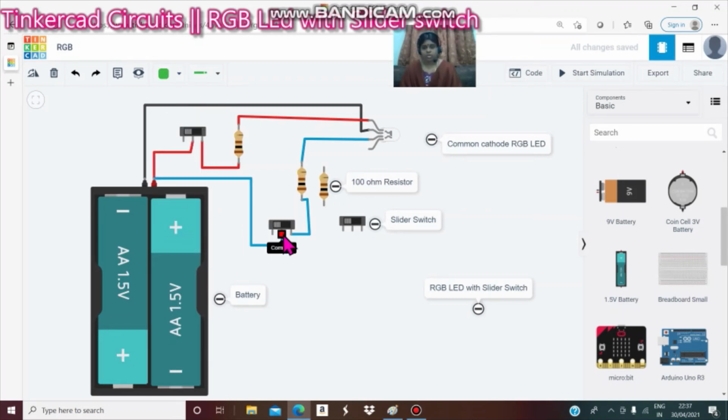Follow the same procedure: the common of the switch, then the terminal of the switch is connected to one end of another resistor, and the other end of the resistor is connected to the green LED.